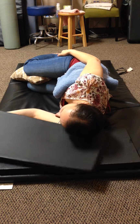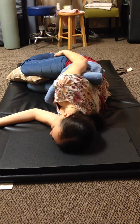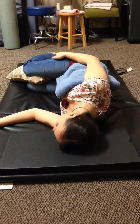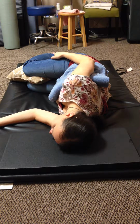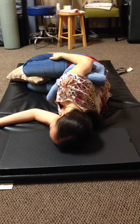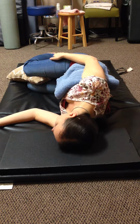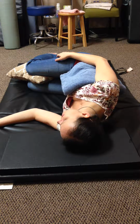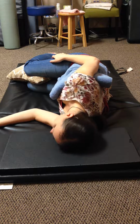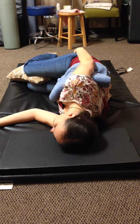Now, if you've got a higher surface, you may want to try going a little bit lower, and you might feel like, oh, the neck wants to go with the shoulder, and you can do that. You can allow the neck to move with the shoulder motion, so your nose might roll towards the floor as the shoulder goes forward, and your nose might roll a little bit towards the ceiling as the shoulder goes backwards. Or the sky if you're blessed enough to have a nice day and be outside